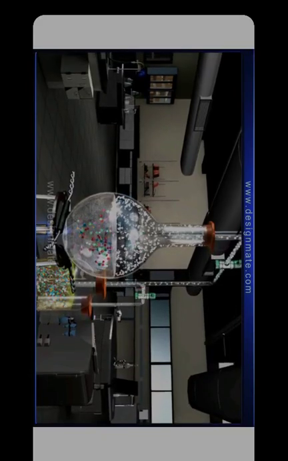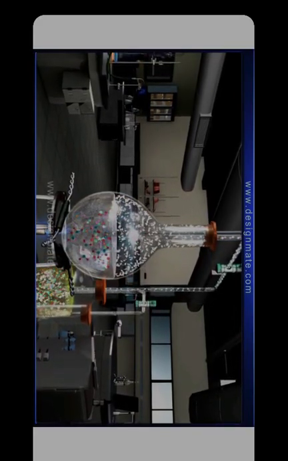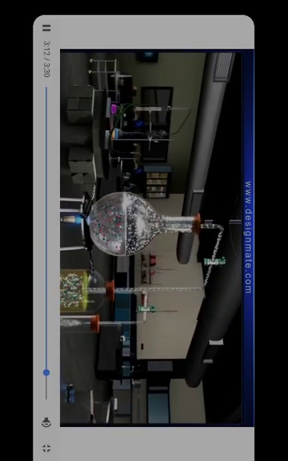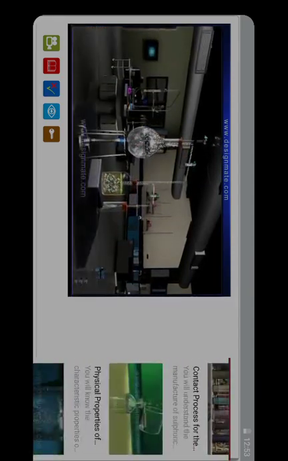This sodium sulfate deposits on the walls of the round bottom flask and hinders further reaction. Thus, it is important to maintain the temperature of this reaction below 200 degrees. To sum up, we have studied that HCl